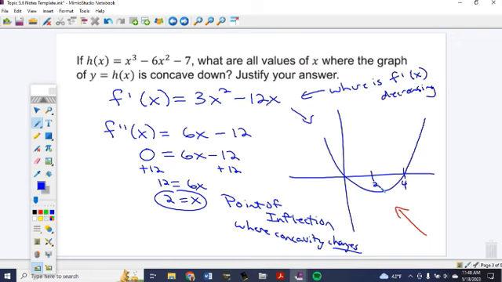So, back to our original statement. Where is f prime of x decreasing? It's decreasing from negative infinity to 2. And that's where it is concave down. So we're not just interested